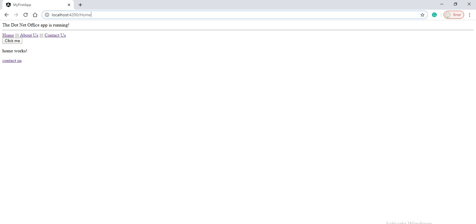Now we can see it is showing the home page. When I click on contact us, see on the browser, it will come under home. If I click on contact us, we can see contact us is called and it is coming under home. Again if I click on about us, it will go to the about us page. But when I click on this home and then on contact us, it is redirecting to home then contact us. So that is basically a child path we have given.